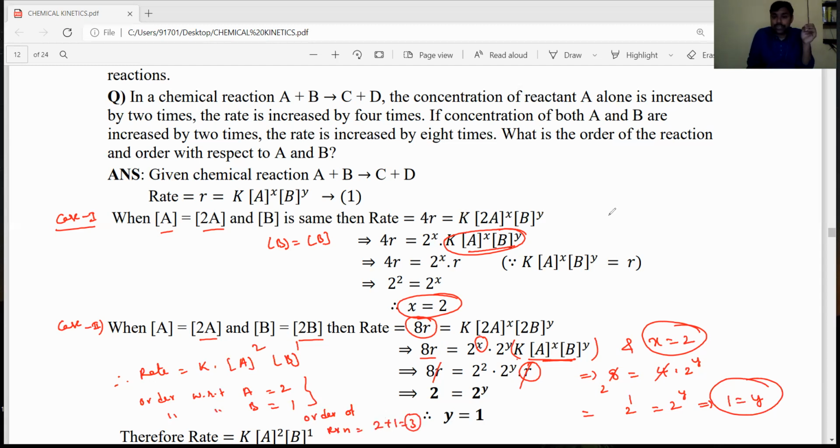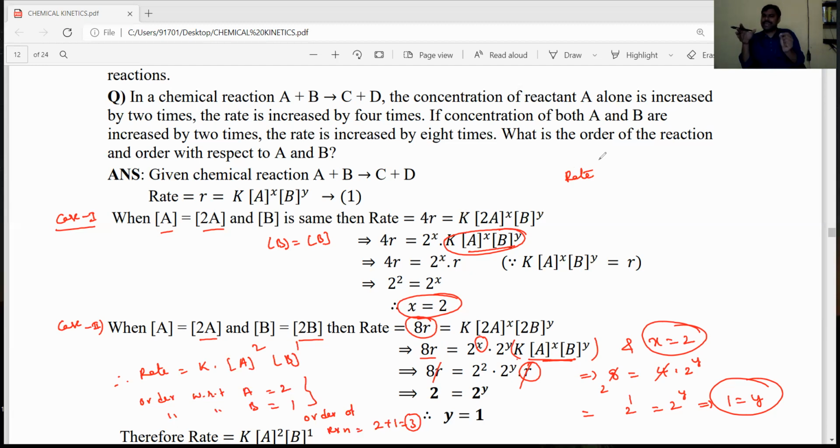Okay. So in the above question, they asked for the order of the reaction and the rate expression. From the data, they gave one general equation showing how the concentration of reactants changes, and under that condition, how many times the rate increased. The rate of reaction depends on the concentration of reactants. If the concentration of A alone is doubled and B is constant, then the rate becomes 4 times. If the concentrations of both A and B are doubled, the rate increases by 8 times. That is how the rate changes with respect to A and B concentration.